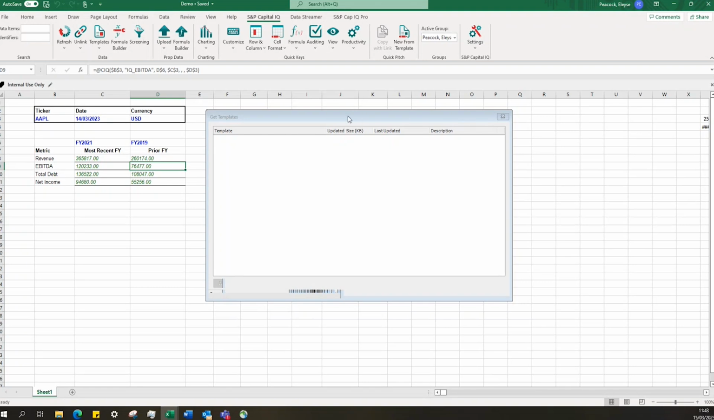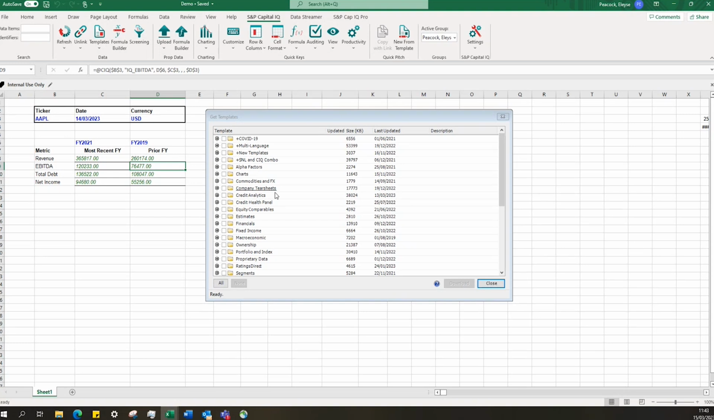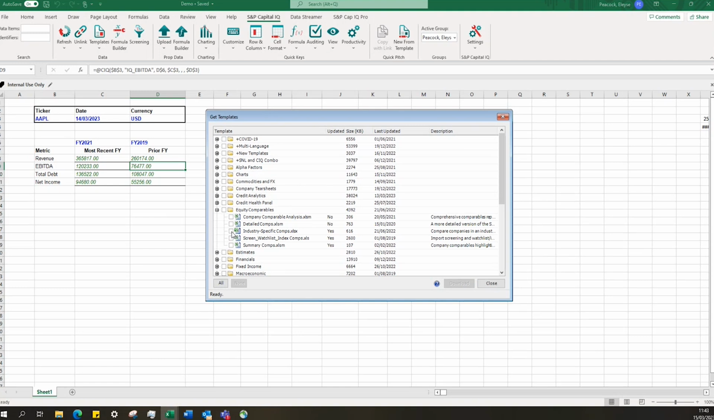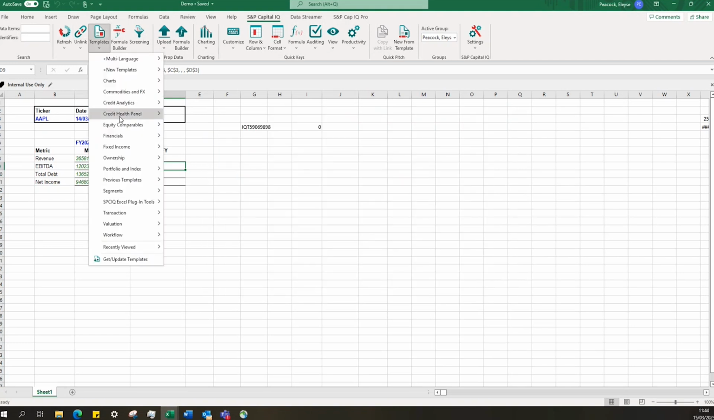Give that a second to load. Here you can see all of the templates that we have available. I believe there's over 500, so I'm sure there'll be one that's relevant to what you're looking for. You can go through these, select the one that's relevant for you, click download, and then that will now be available in our drop down as well. So if I just close that here, you should now be able to see under equity comparables, I've downloaded the company comparable analysis. And if I just open that up,